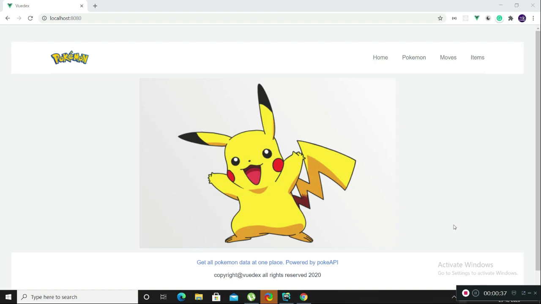By this graphic, you probably have an idea about what this project is all about. Basically, this is a Pokemon database application. This would have all the data related to Pokemon, the moves, the items used in the Pokemon universe across all Pokemon games. All this data is powered by this open source API called pokeapi.com, the link of which I would include in the description. This is one of the APIs which I used a lot.